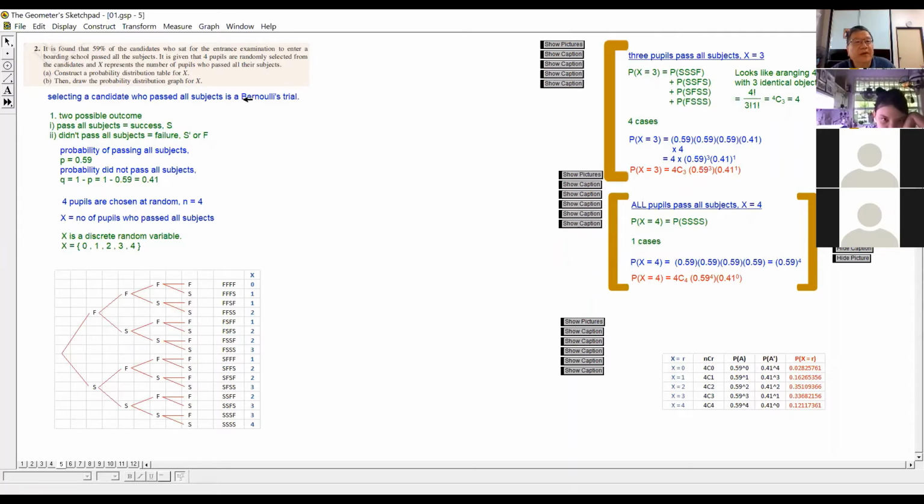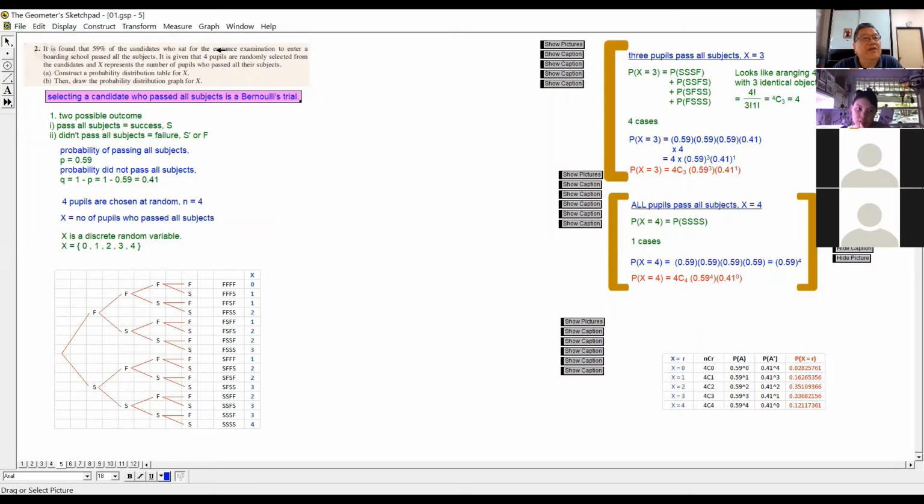This one, Bernoulli's trial. Now, what is a Bernoulli's trial? Bernoulli's trial is an experiment where you have two possible outcomes. The possible outcome that you are interested in, you say successful. The outcome that you are not interested in, you say failure. So there are two possible outcomes, successful and failure. Okay, right. So when I read this question,